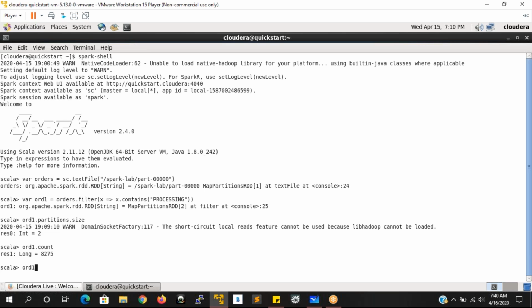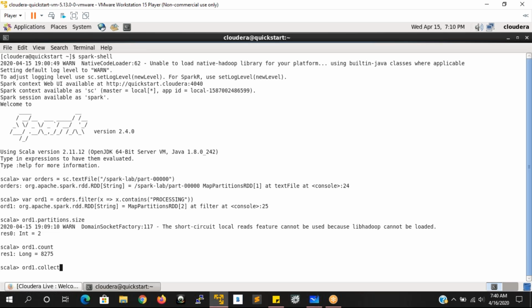If I go for R1 dot collect, what is going to happen here when I say collect? It will create the error format.